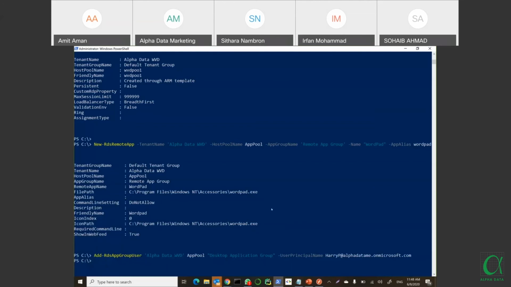If I want to add him to the remote application group, I just need to tweak this, and in the app pool I will just use the remote app group.